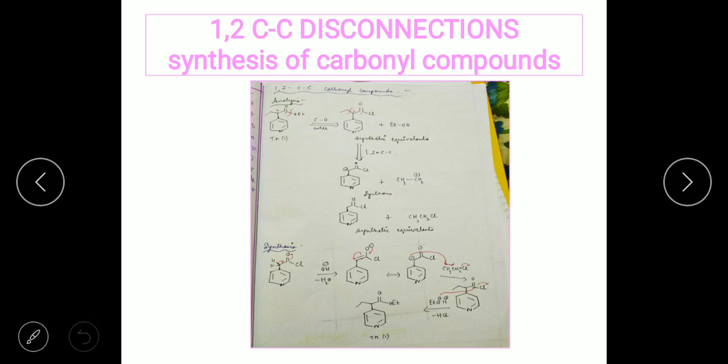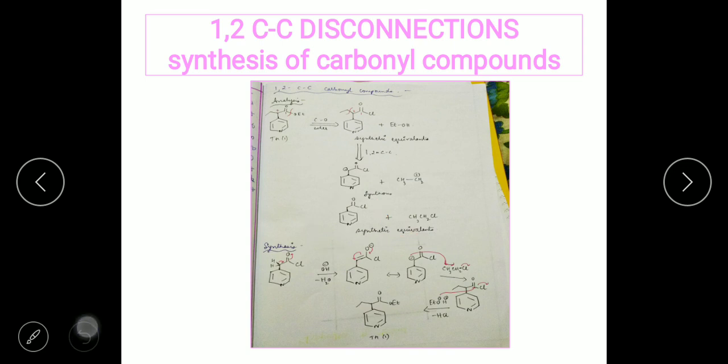Once you write down these two synthons, the next step is writing down the synthetic equivalents. How do we do that? Here we have a positive charge on the carbon, and you can make use of a halide ion which bonds to the positive carbon, and you get an ethyl chloride of this kind. The other synthetic equivalent has an anion, and the synthetic equivalent would just be the addition of a proton. It grabs a proton and you get this ketone group here. Now we have got the two starting materials.